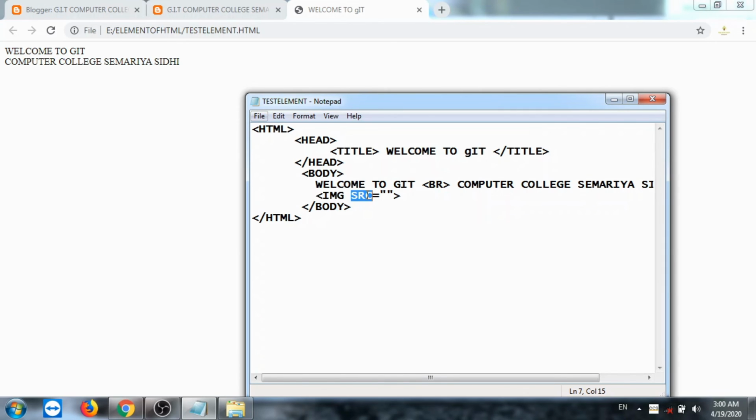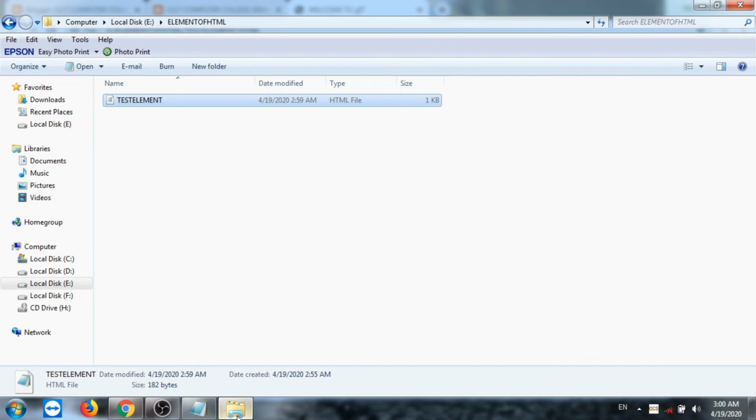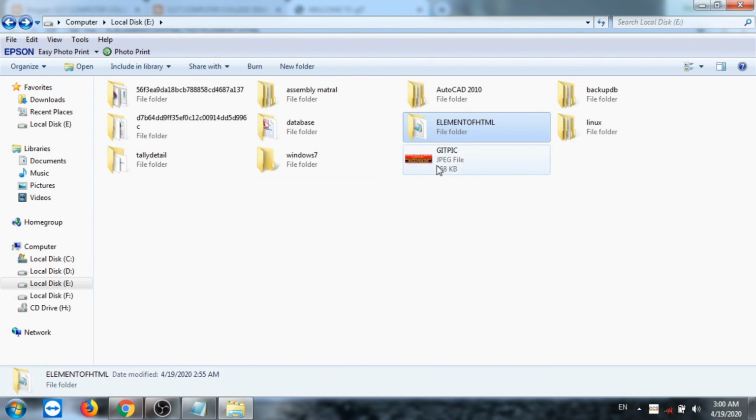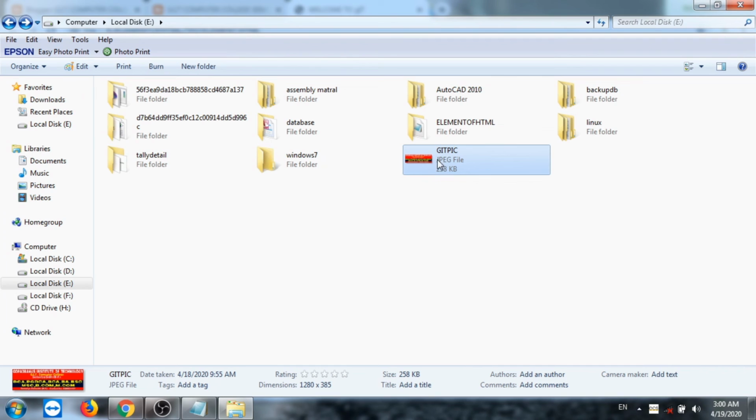Actually, this is a source. The full form of src is source. Source means the address where our image is saved. So I choose one image. This is saved here in GIT pic.